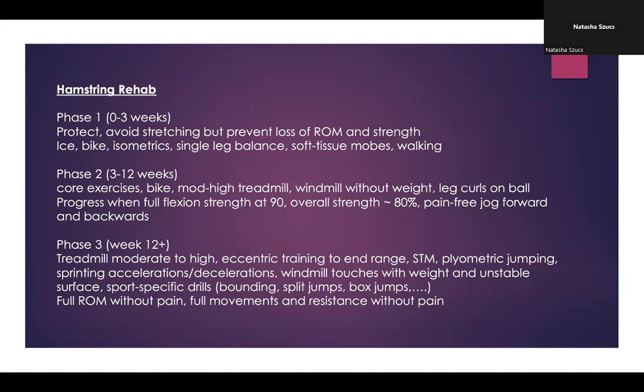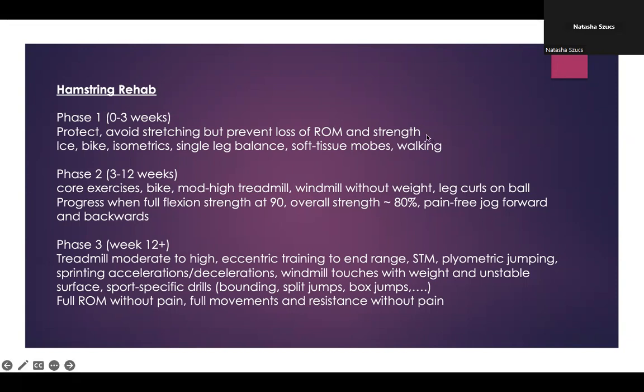Hamstring rehab, and again, this is pretty variable. Phase 1 is up to 3 weeks. Simple things, not really stressing it. Prevent loss of range of motion. Ice, bike, isometric exercises. Again, looking at 90, 60, 30 degrees within comfort. Single leg balance, some soft tissue work, and just walking. Next phase,